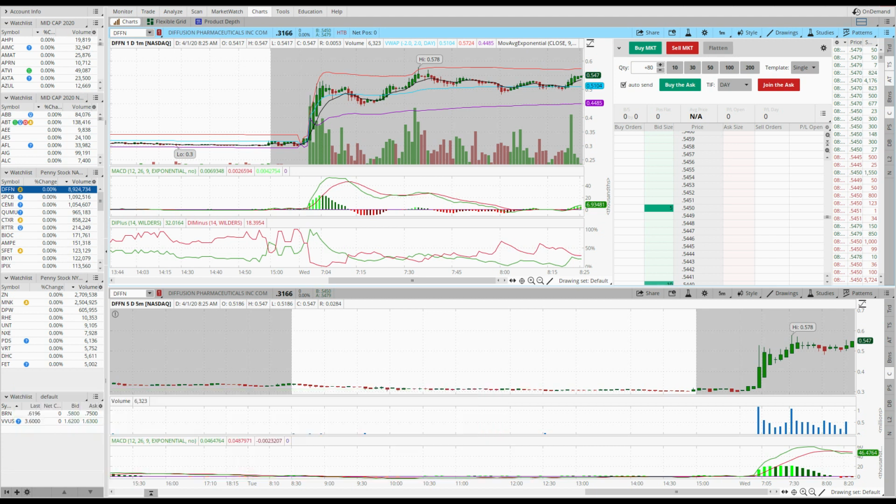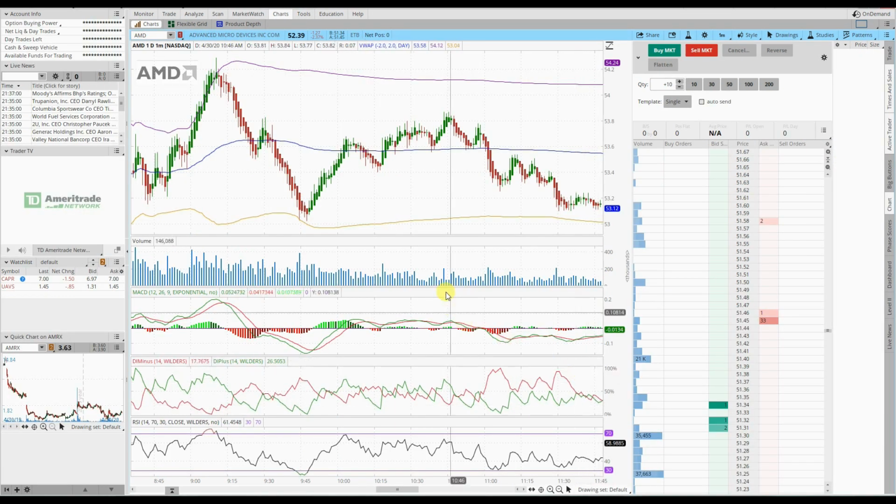Today we'll be talking about scanners and where I use them. Alright, let's get started. This is very important because essentially you're going to want to be able to find stocks